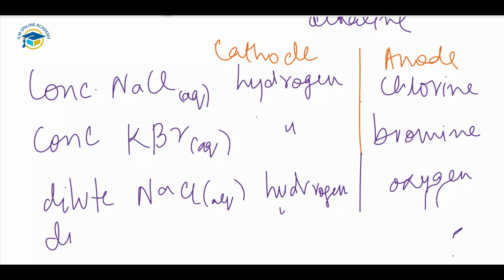And also in a dilute solution of KBr, which is also an aqueous solution, we have hydrogen at the cathode and oxygen formed at the anode. So further information on the nature of the electrode reactions can be found. We can do the experiments by using different types of salt solutions. And next we will talk about the electrolysis of